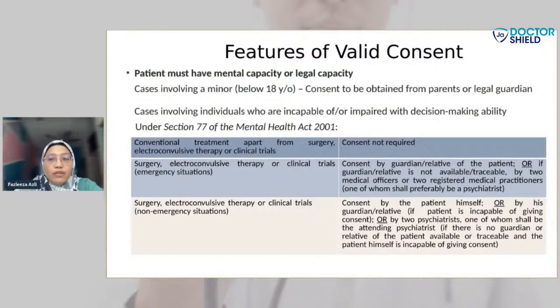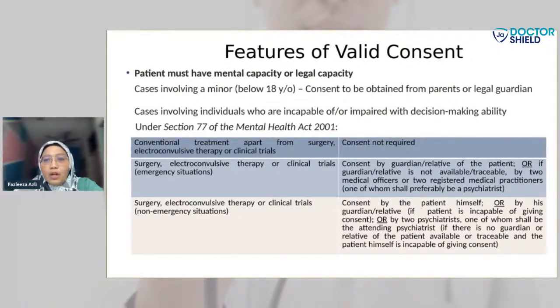unless in life-saving procedure. Usually, consent from either parents is sufficient unless there's a court order which provides otherwise, for example in a custody order. This is where it involves a minor with a divorced family, where the practitioner needs to determine who has the custody of the child, whether the mother or the father, right? Then